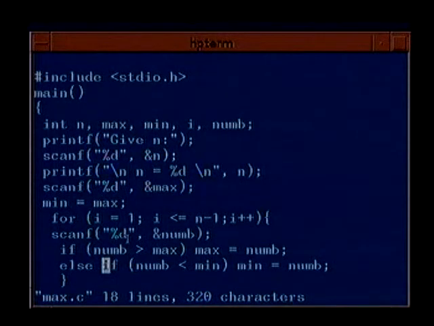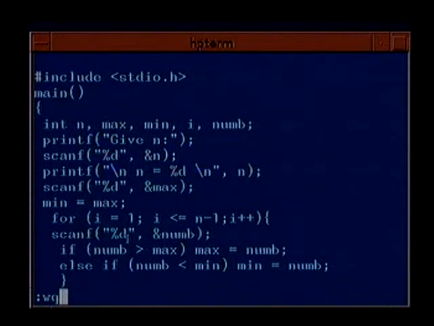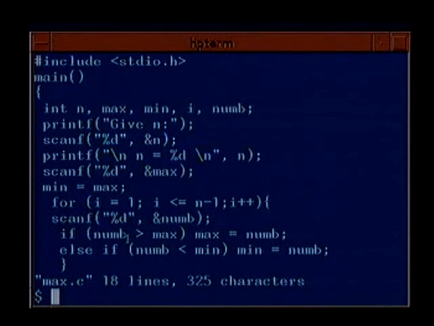So if we modify the program and write an else out here, then obviously this program is expected to run faster than the previous program by whatever minuscule amount it may be, but still it will run faster. And obviously this program is correct, because if a number is greater than max, then max is assigned num. You need not update the value of min. Only if the number is not greater than max, then it may be less than min, which you may have to check.